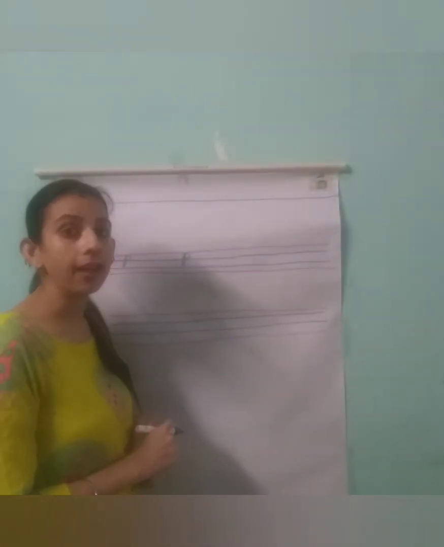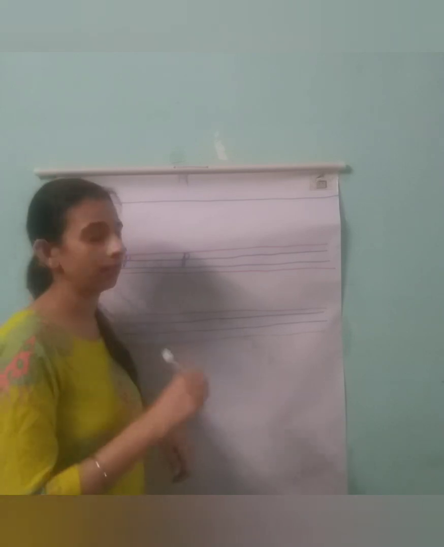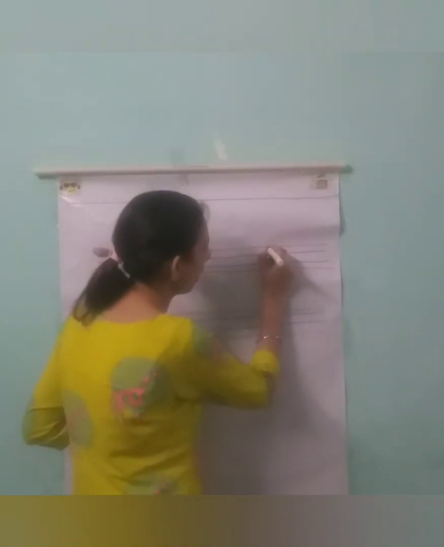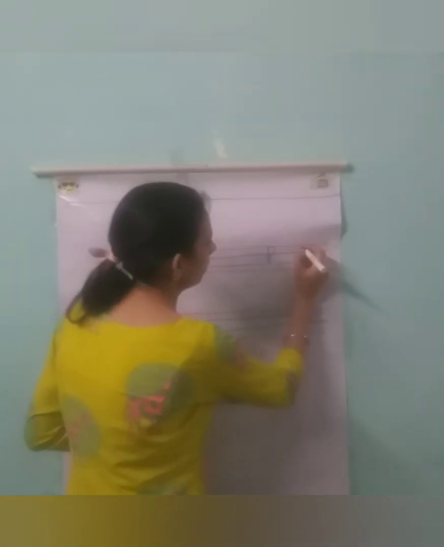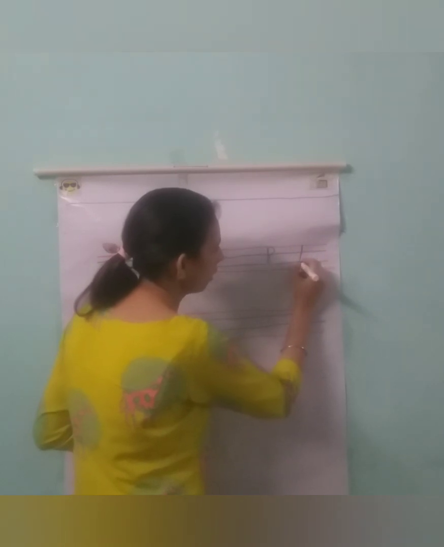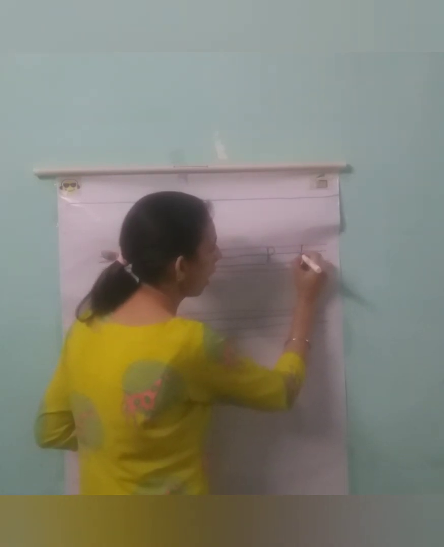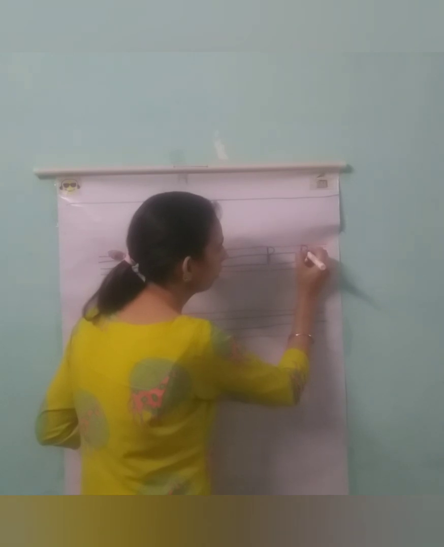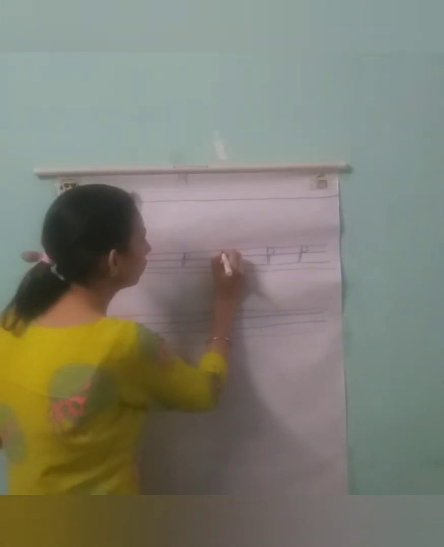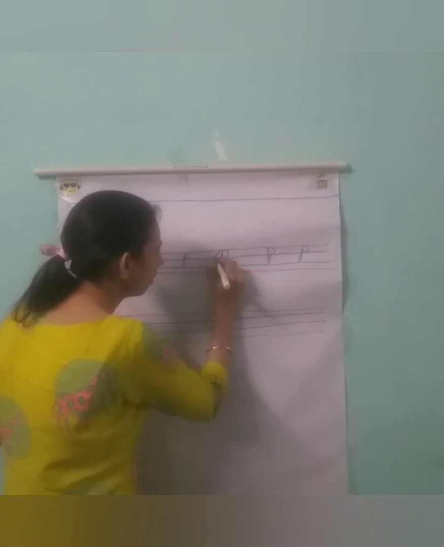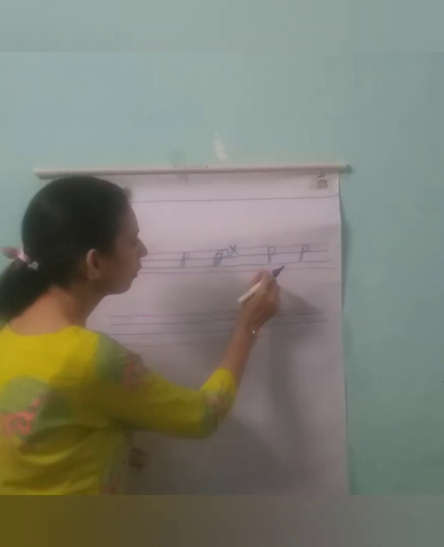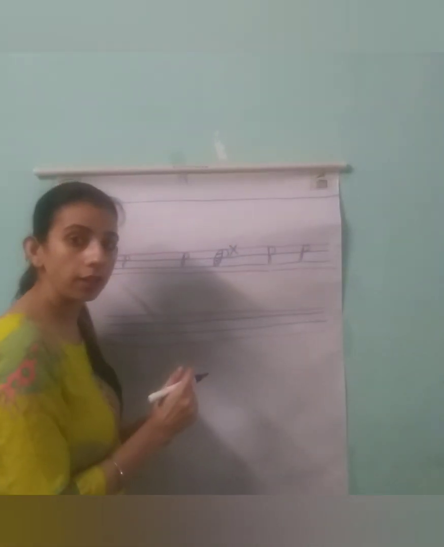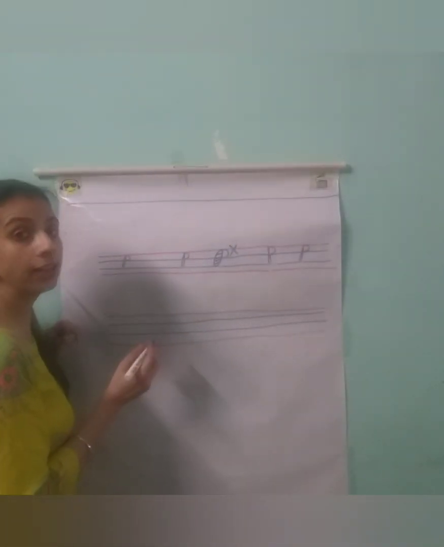P says P, pencil. It's not pen, it's pencil. Okay, let's write one more time. Straight line, go curve, and this is P. Okay, see. Come down, touch the blue line, go up, curve, and then turn. This should not be like big. This is wrong. Okay, so very small gap. Okay, this is P.